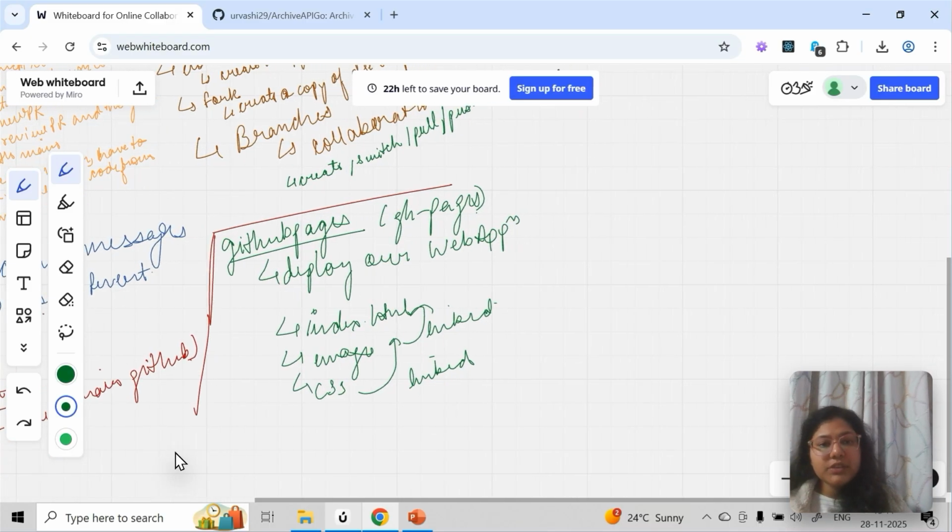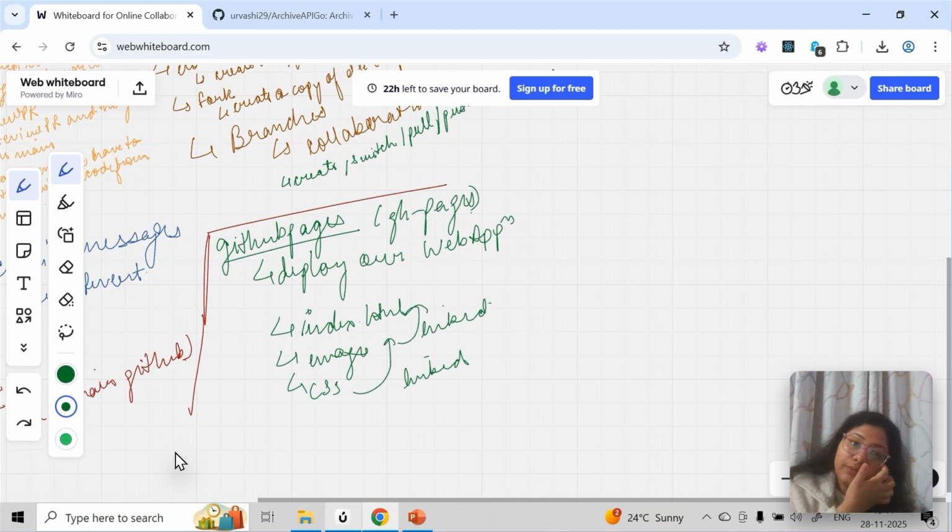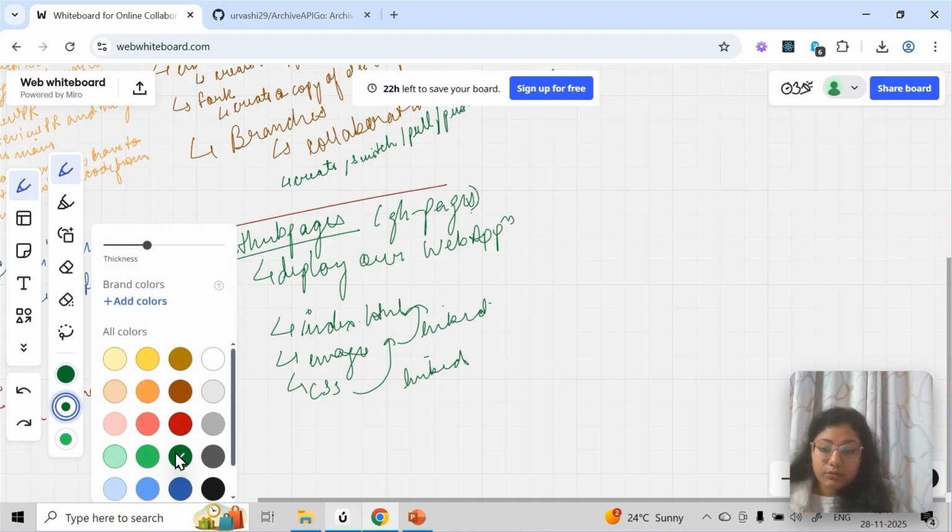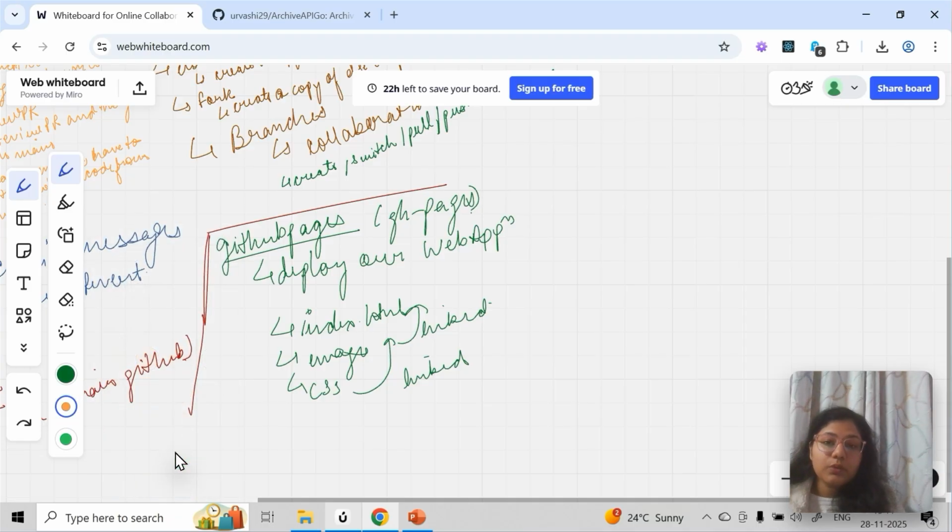Of course, apart from GitHub Pages, you have Vercel, Netlify, Render, AWS. You can deploy web applications on Microsoft Azure as well. So we have so many options to deploy our application, and this is one of the ways we can deploy. If you're working with only HTML, CSS, JS, for example, or basic tech stacks, then you can use this.